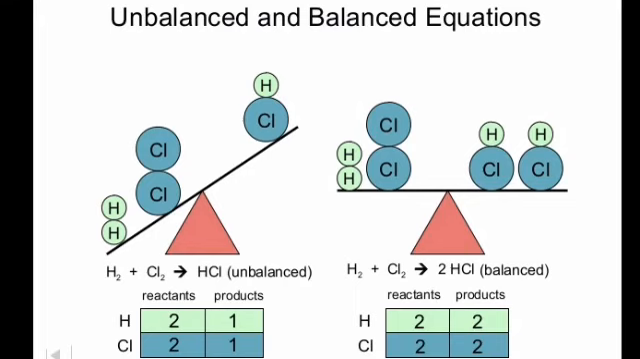Balanced and unbalanced equation. Here we can see in the first reaction H2 + Cl2 gives HCl. It is an unbalanced reaction as the reactants and products are unequal, that is, hydrogen is 2 on the reactant side, while on the product side there is only one hydrogen, and on the reactant side there are two chlorines and on the product side there is only one chlorine. So this reaction is unbalanced. In the second case we have H2 + Cl2 gives 2HCl. This reaction is a balanced chemical reaction as both hydrogen and chlorine are equal to each other in both reactants and